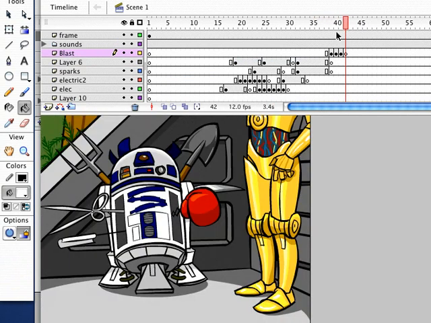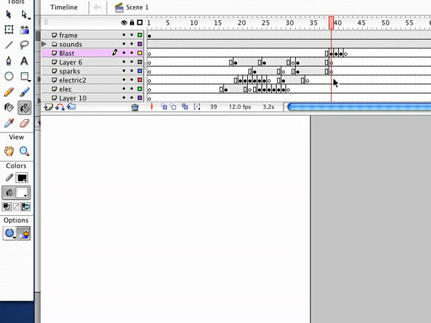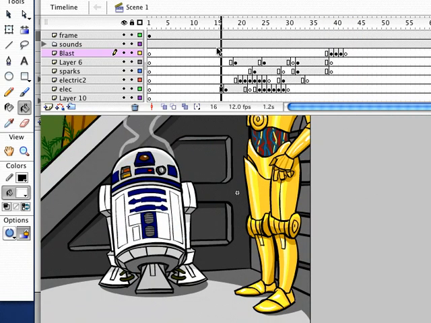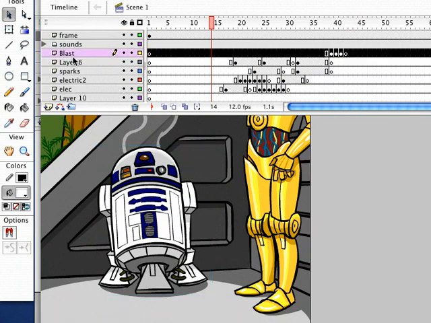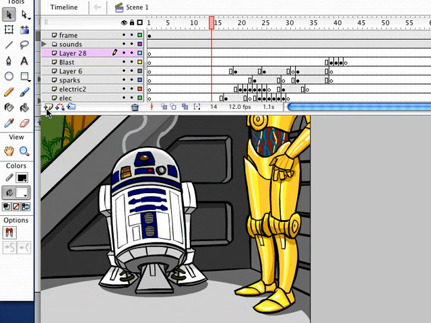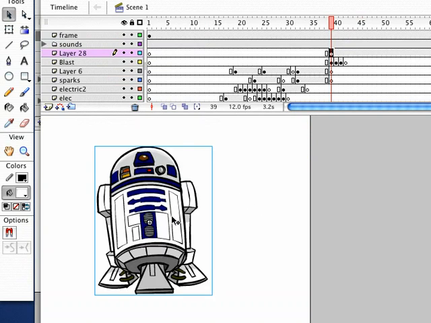You can jump from one effect to another like that. Here's something else I want to show you. Instead of just having a white frame like this, you can actually grab the character. So I selected the symbol of the character. I'm going to hit copy, and then I'm going to go to a layer above the blast, add another layer here, enter a blank keyframe here, and hit F7. And then I'm going to do Control Shift V, which will paste that character in place.